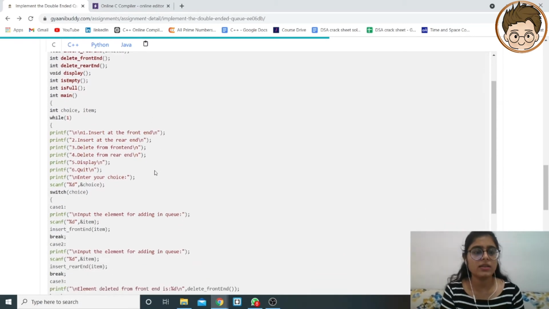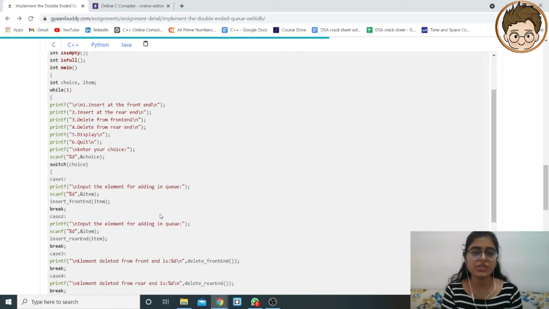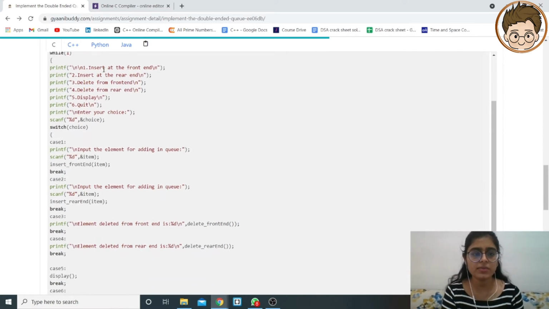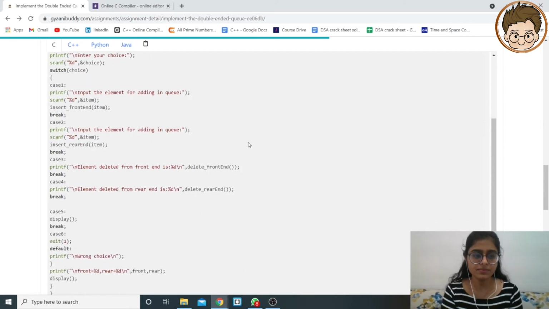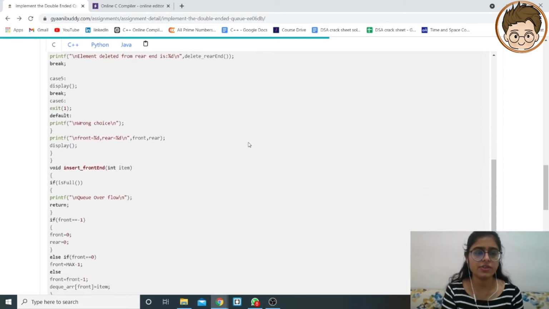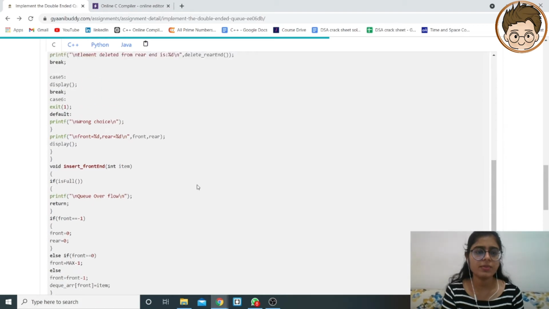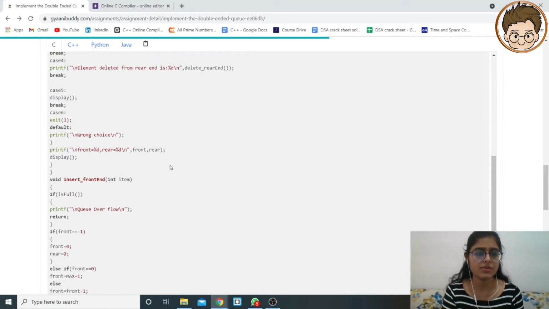Now this is a switch case statement, and it will be performing these 5 operations: insert at front end, insert at rear end, delete from front end, delete from rear end, and the 5th one is display. Display we are going to use for printing the elements. According to the user's choice, we will be performing these operations.